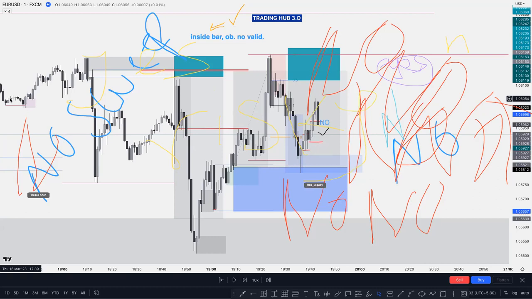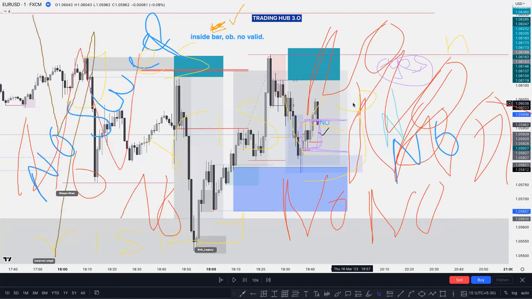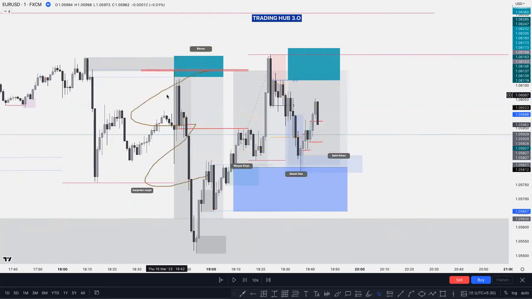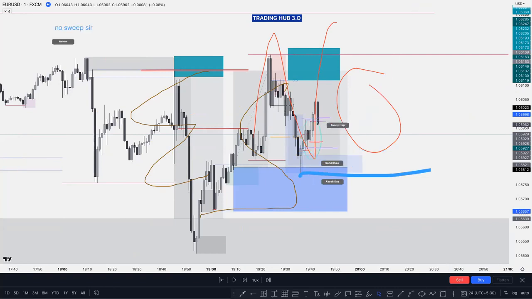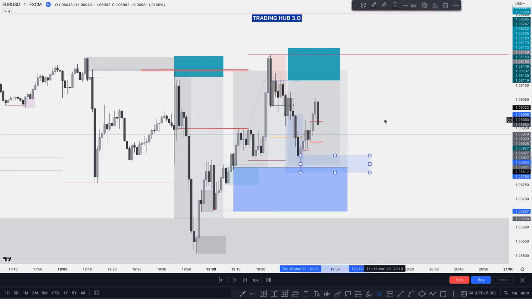Yes, no sweep, no sweep. No, yes, yes, no. Okay, let's look at this one. Correct, correct. Look at this one. This can also be an entry here, but you can buy here based on the single candle